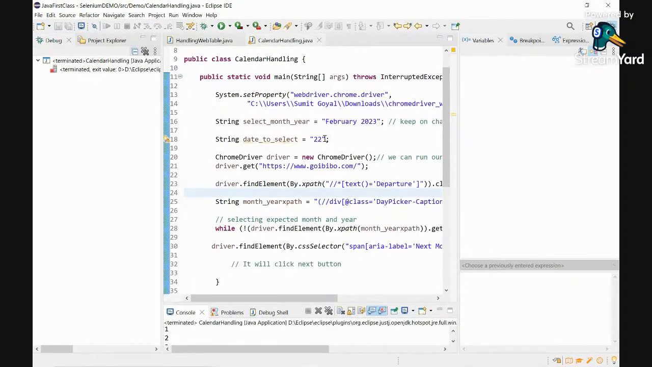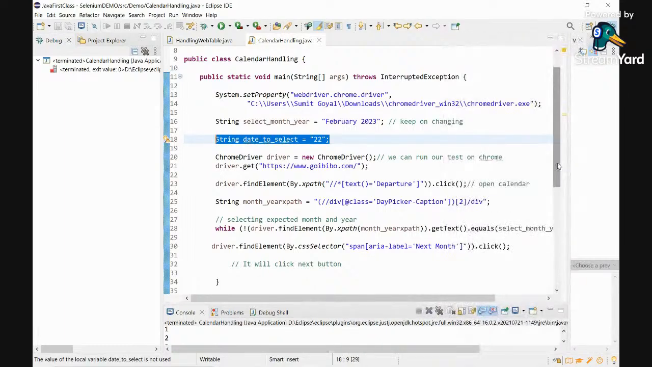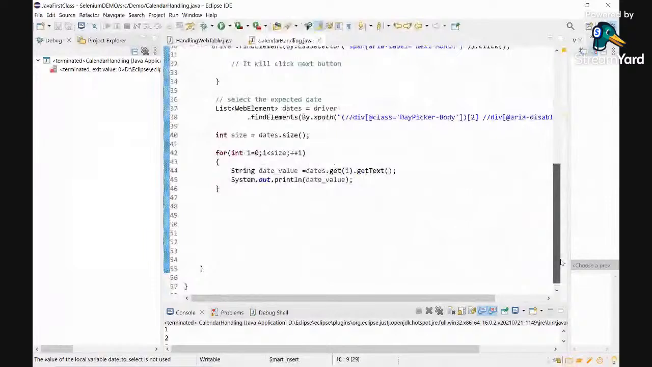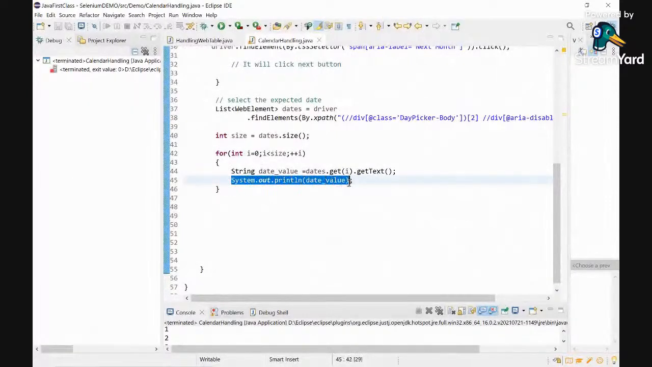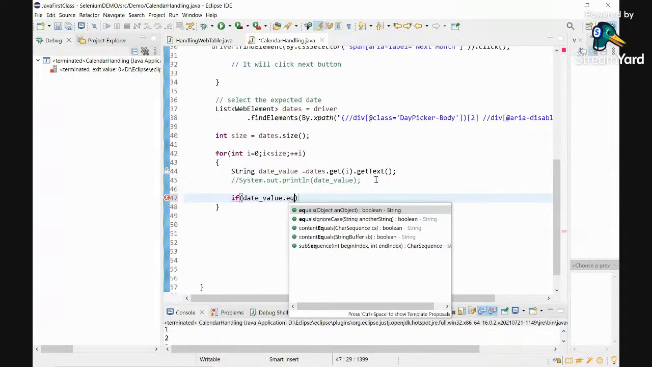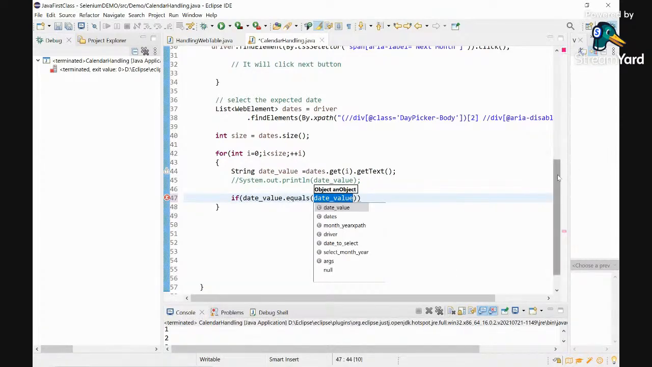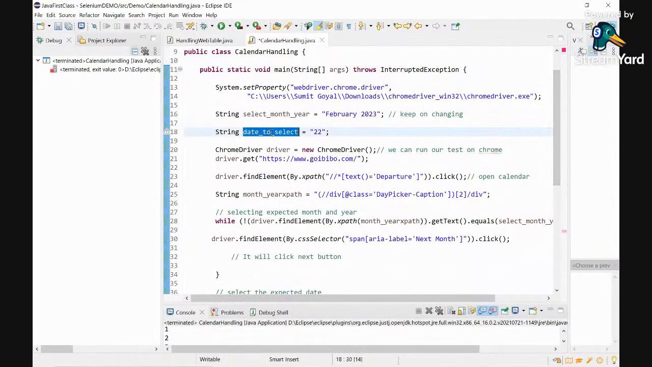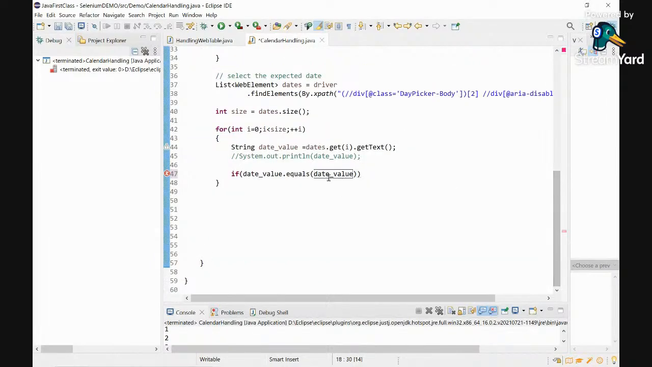Now, you see that I have given here which date I need to select. So let me write a few more lines of code for that. Let me not print it because it is not required. I need to select the date. I don't want to print the date. I just showed you that so we can visualize how things are going. So now I will write one if condition. If date value dot equals, what date am I expecting? Whatever date I have given here, right? If I write like this, then